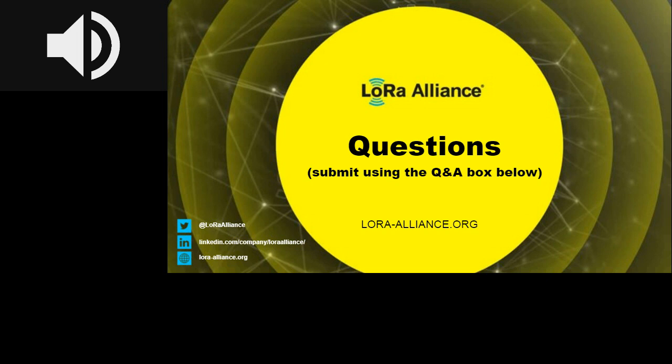Now, the JoinEUI, as a globally unique identifier of a join server, needs to be generated out of an IEEE assigned OUI, Organizational Unique ID. And we do run into some devices that are using randomly set JoinEUIs. And that's a problem because when they are in a roaming situation and send a join request with a random JoinEUI, the visited network cannot identify the matching join server to discover the home network of the device. As such, the join request can never be forwarded to the home, and the device can never join the network